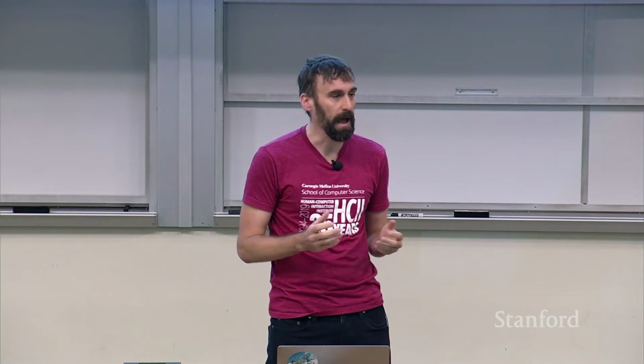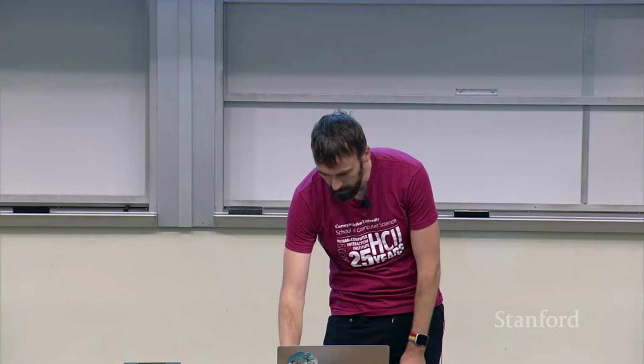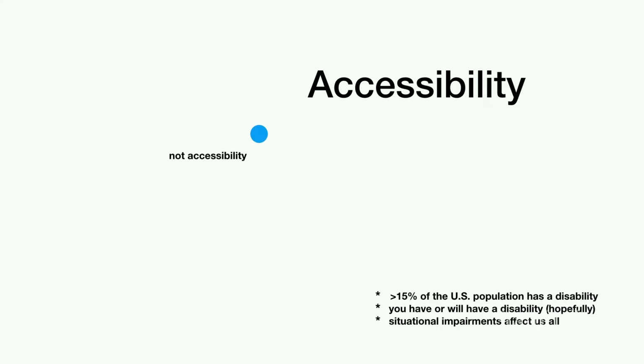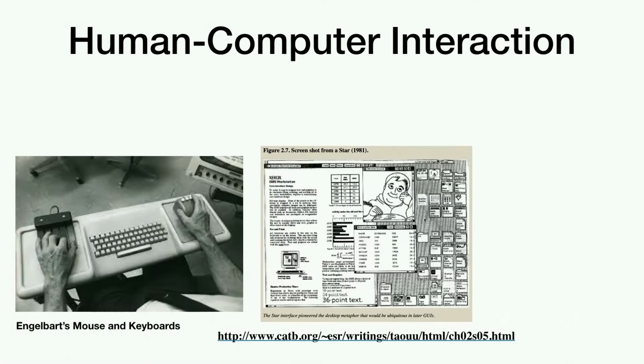But I really push back on this notion that accessibility is niche, that it's this narrow thing. I think accessibility is very big. This little dot, which I had there and didn't explain, is not accessibility. It is the narrow set of interactions that we assume with our devices, that everybody has maybe high visual acuity and high motor dexterity. Everything else is essentially accessibility. Getting you to be able to interact with any other set of abilities is in this domain of accessibility. And so for me, accessibility is very intimately tied to human-computer interaction as a field.